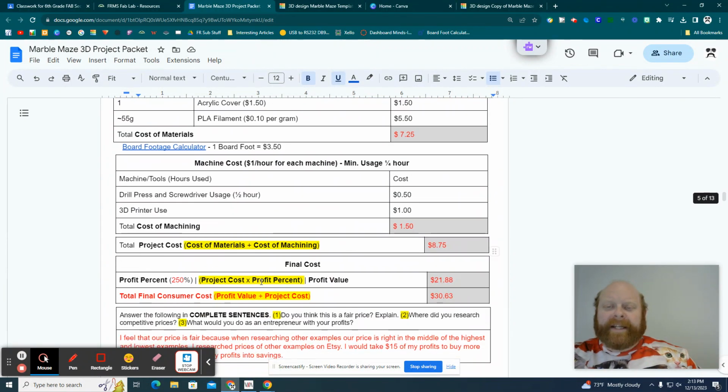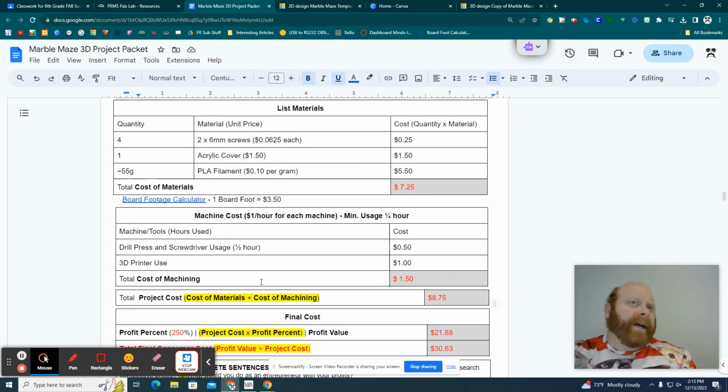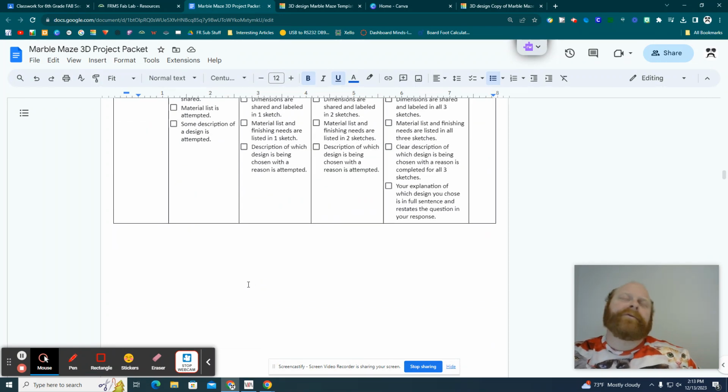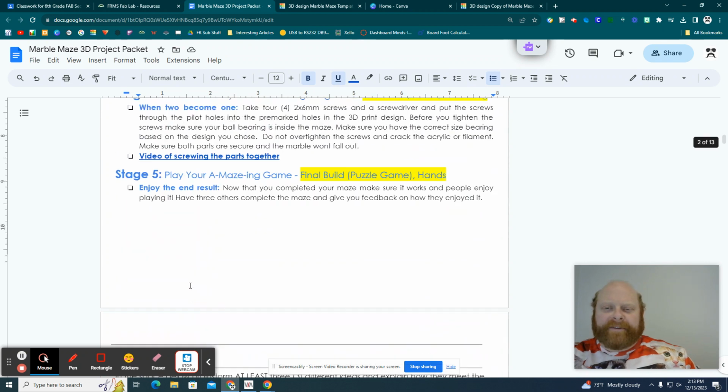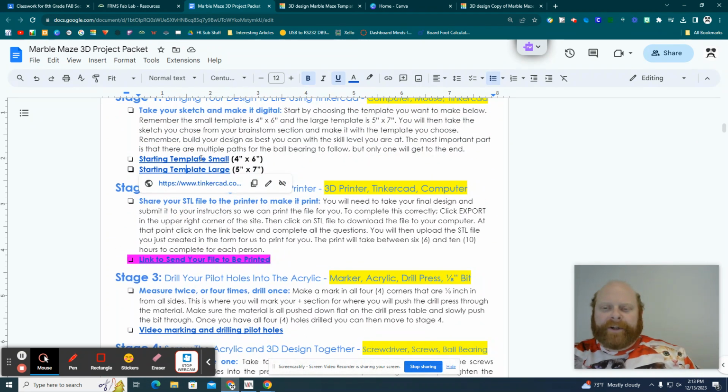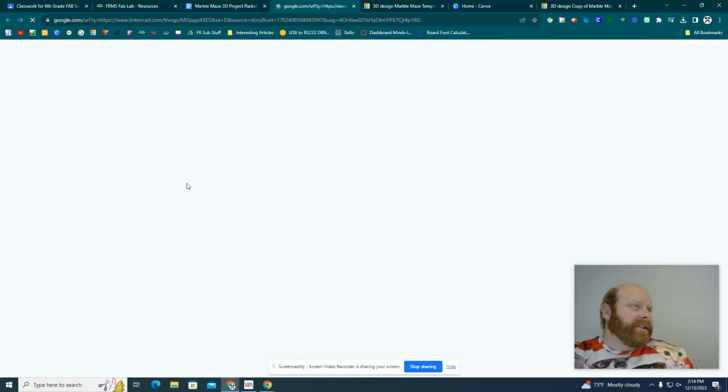So remember, once you got your brainstorm and financial page approved by us on your packet, then you're able to go on. The two templates that we have are saved under stage one. If you're going to do the 4x7 design, here's the link. If you're going to do the 5x7 design, here's the link. When you click on it, it takes you to this page